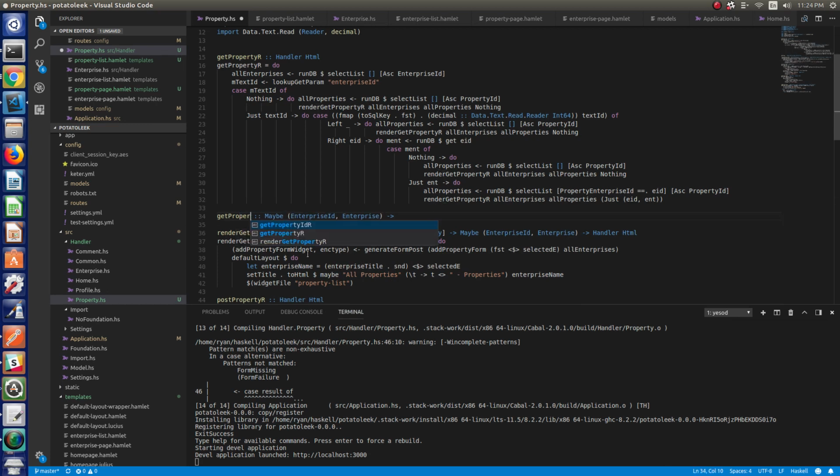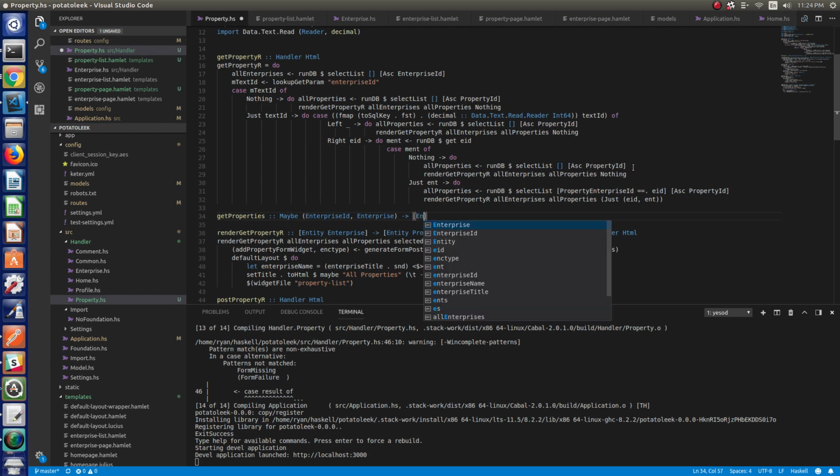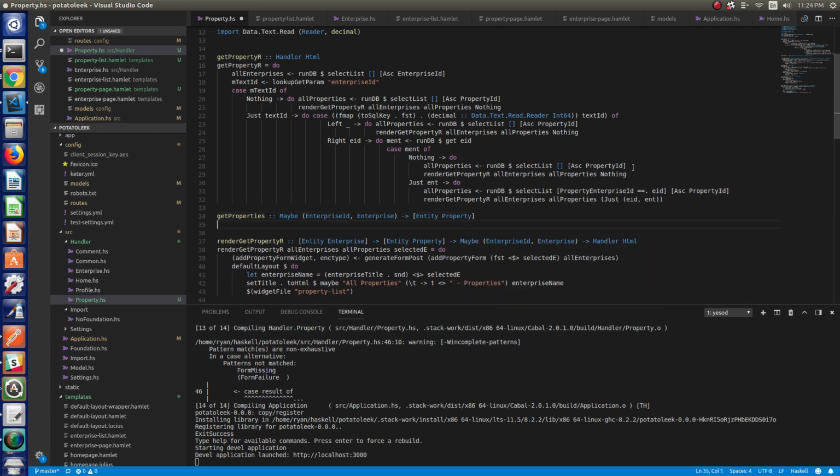So I'm going to get properties, and that's going to give me a list of entity property. So make this get properties just